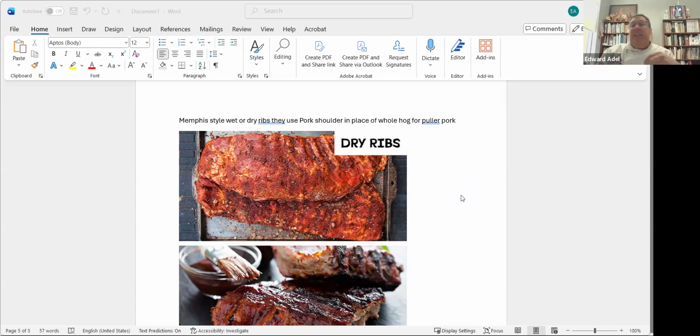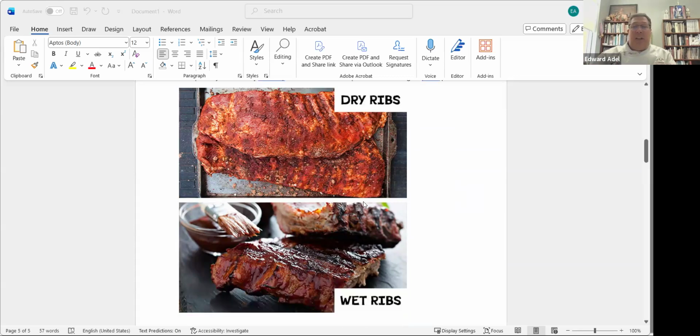So ribs, they still would have the same type of pulled pork sandwich, but with pork butt only. And then the ribs, the meat is usually dry, sauce on the side. So dry rub, smoked, sauce on the side. So Memphis style is definitely an option for some people that perhaps have some of these products that you can